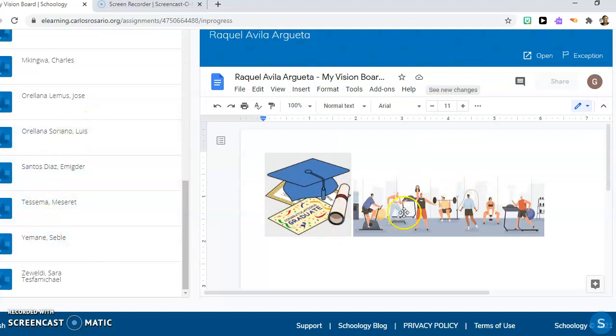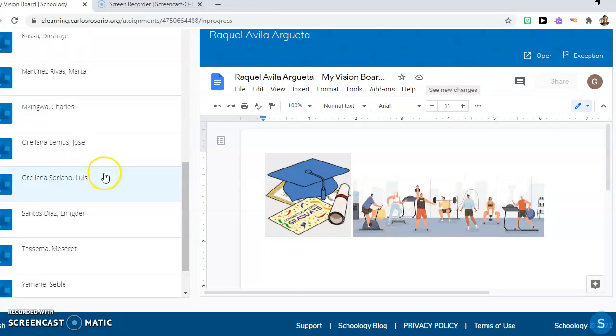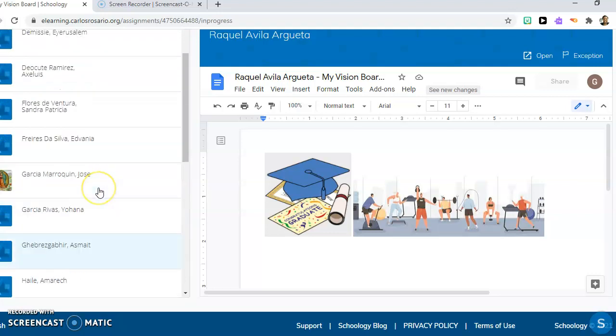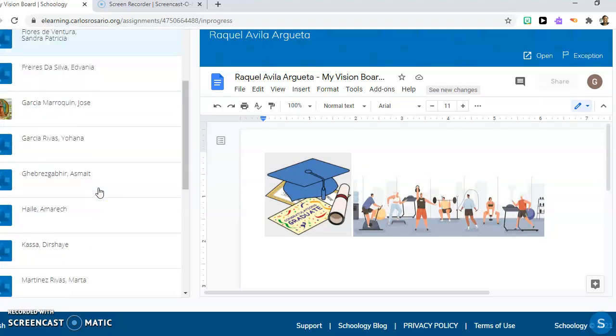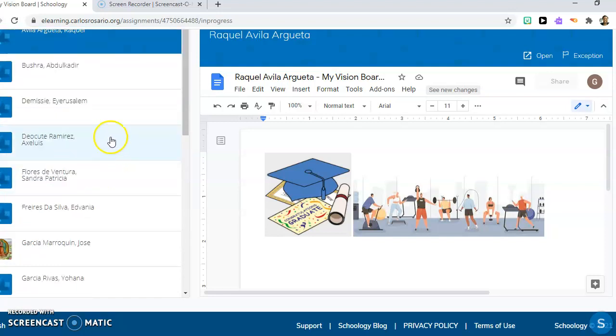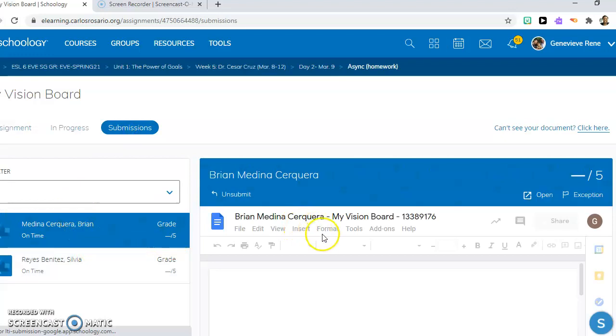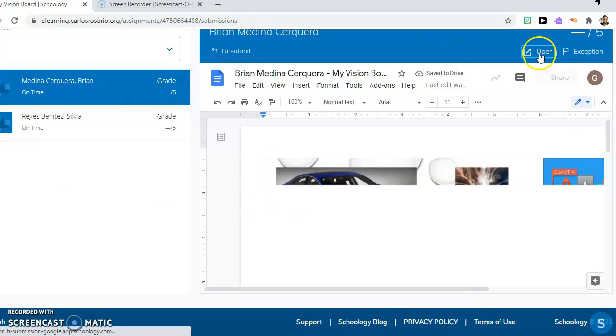Like you see, Raquel has her 2 pictures. She wants to graduate from Carlos Rosario and she wants to work out more. So she has her 2 pictures. And when you are done, it should look like this.